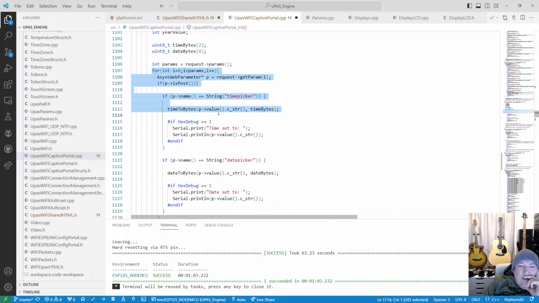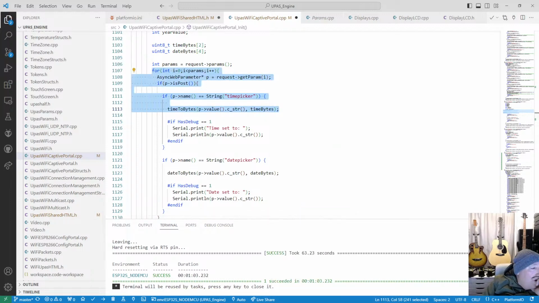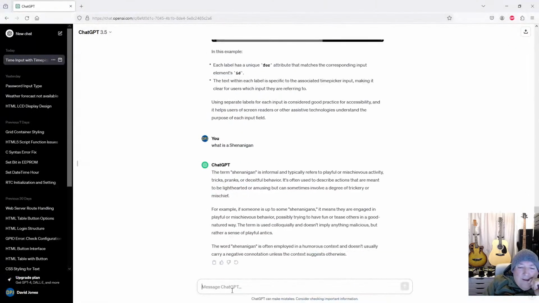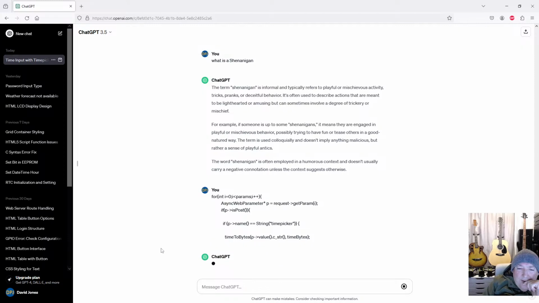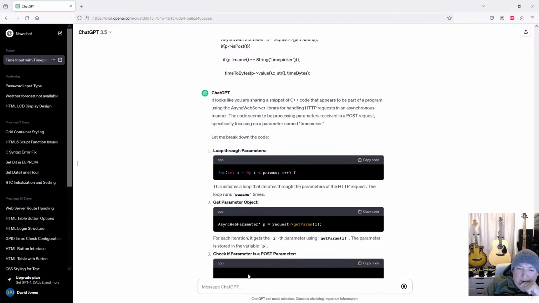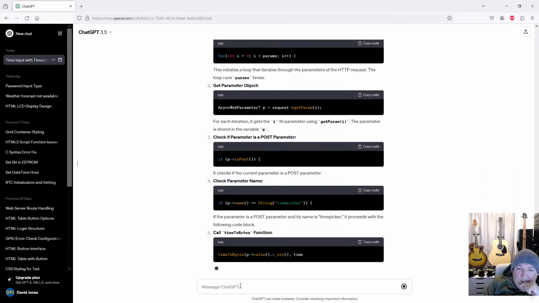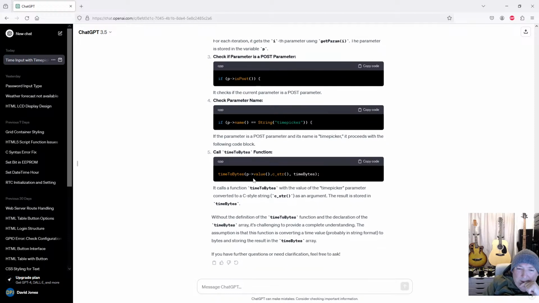Let's show ChatGPT. Right, okay. Oh, I got rid of Chat. Oh no, there it is. Right, let's give it something else to ponder over. It's only half of the code, I know. It's going to split it down into craziness. Alright, so